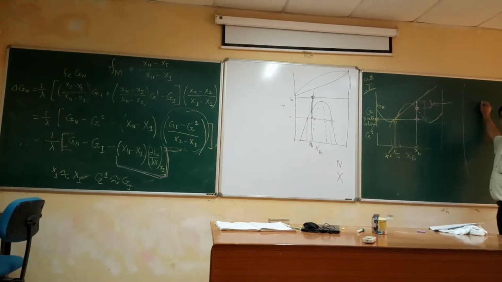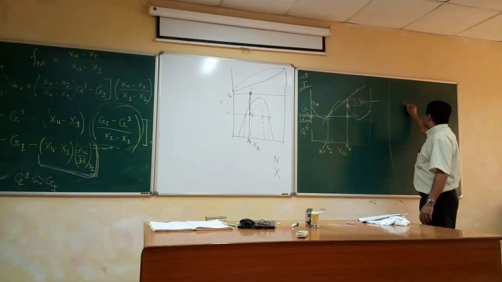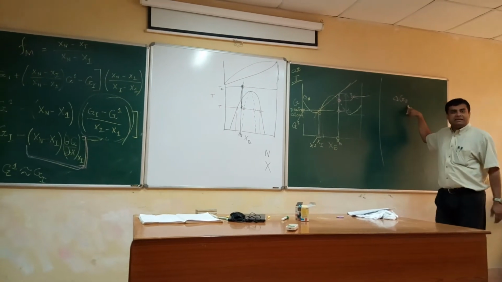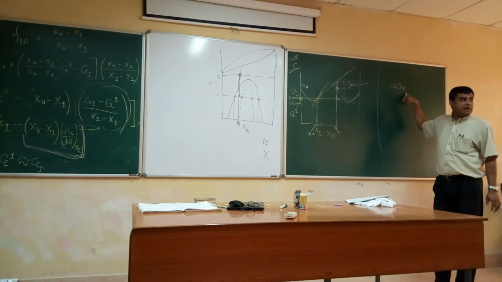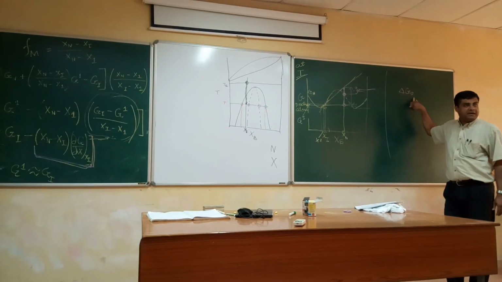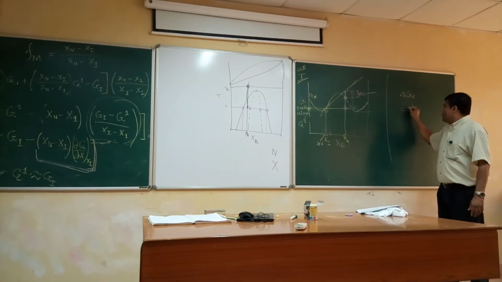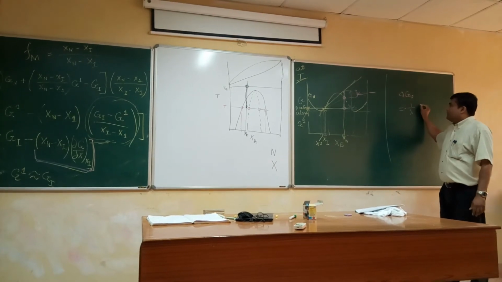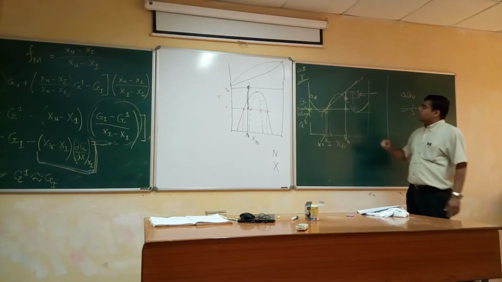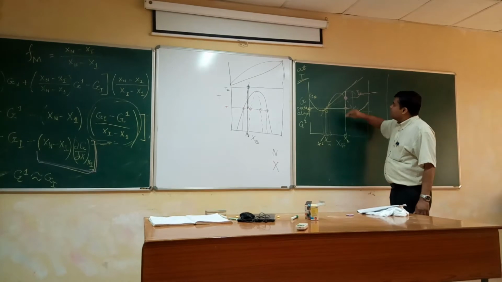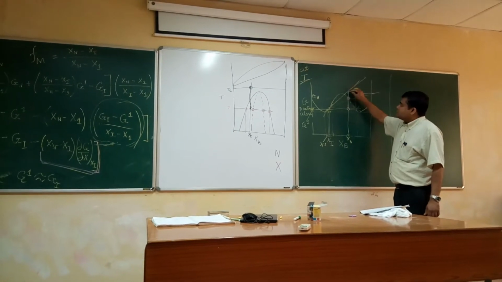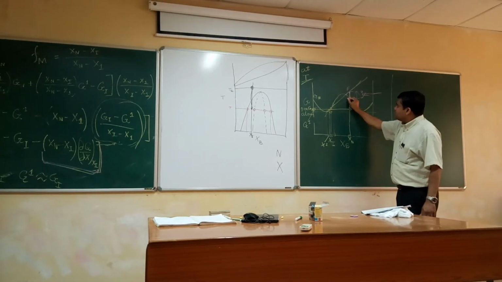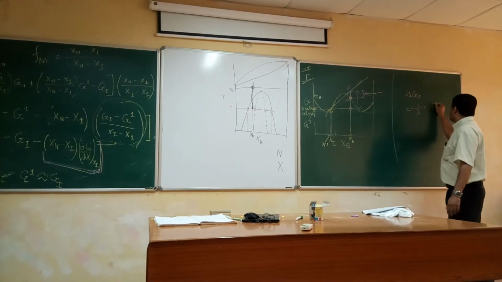So can I write here? Just see whether you can see delta GV, which is the Gibbs free energy change per unit volume of the precipitate. It is nothing but negative of 1 over lambda multiplied by this length. We have to give some name. FC, so this is FC.